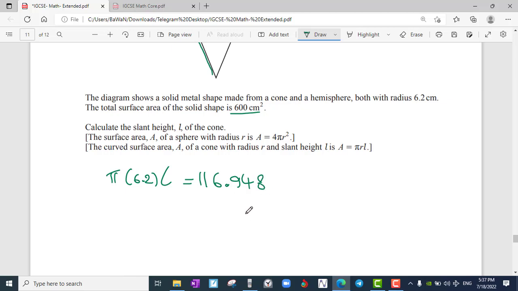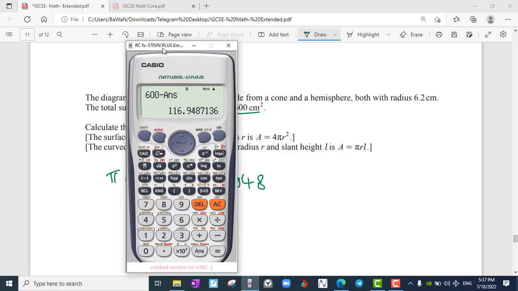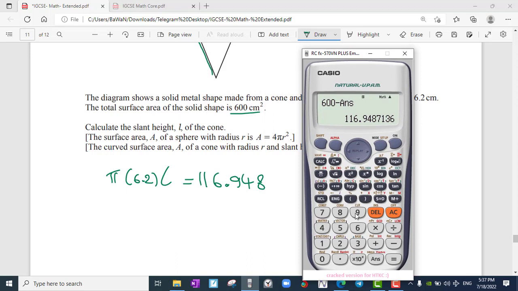I try to round only the final answer, that's why I avoid rounding even in this step. I do the calculation in calculator. This number should be divided by 6.2, and this number should be divided by pi as well to find L. Now this number we divided by 6.2 and then we divided by pi. Now this is the final answer,